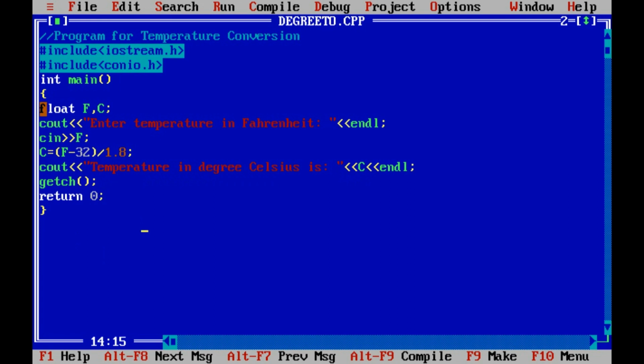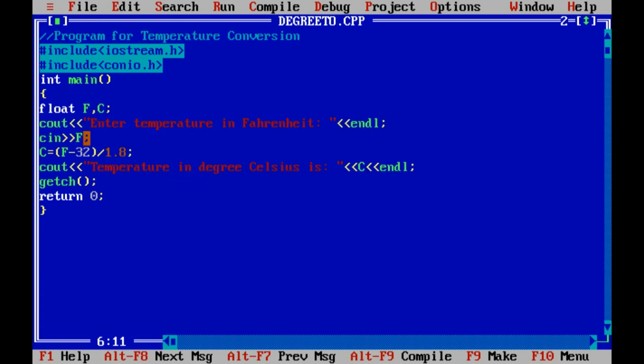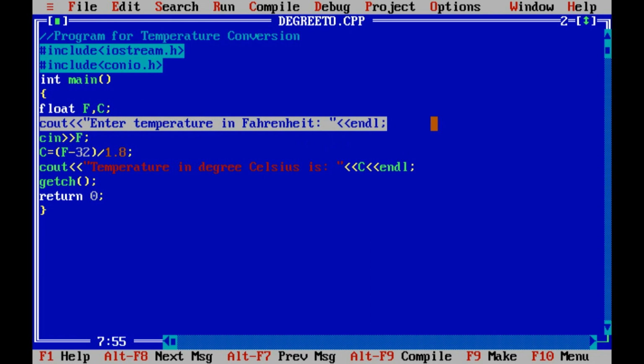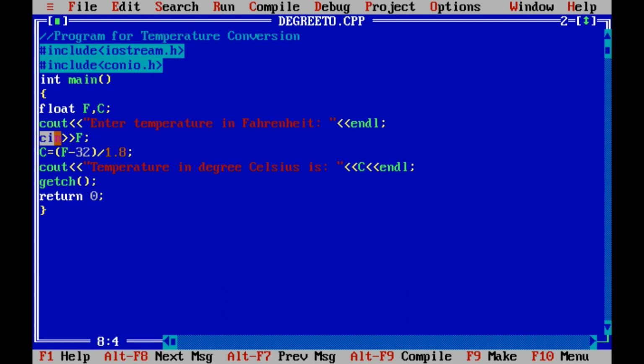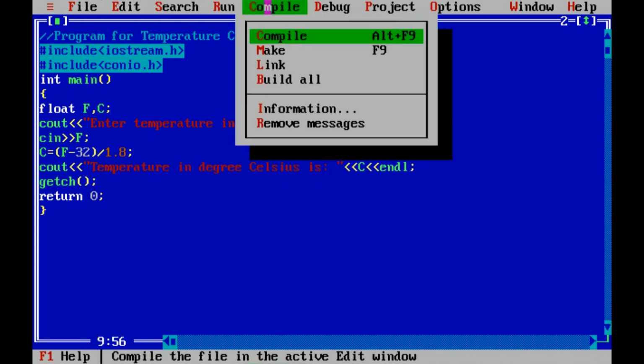Now our main task is the conversion of temperature from Fahrenheit to Celsius. So two variables must be declared before using them. So float f, c. We are reading the value in the f variable. Only one statement will be given to the user first: Enter temperature in Fahrenheit. On a new line, f will be entered by the user. Then the value stored in f will be used for calculating the temperature in Celsius, and then the temperature in Celsius will be printed. So let's see the compilation and running of this program.